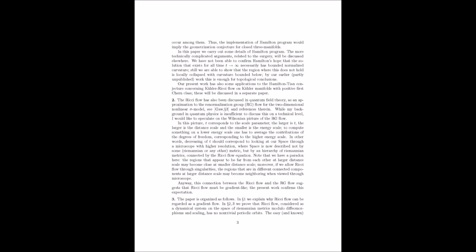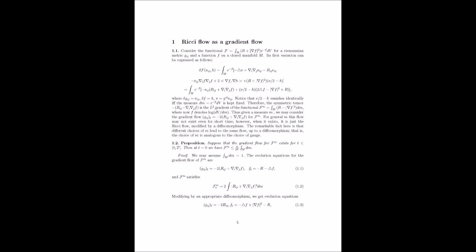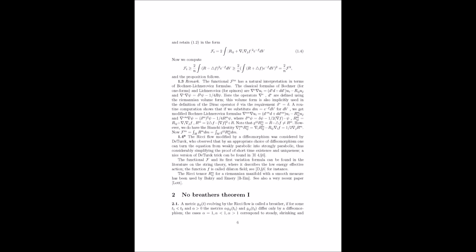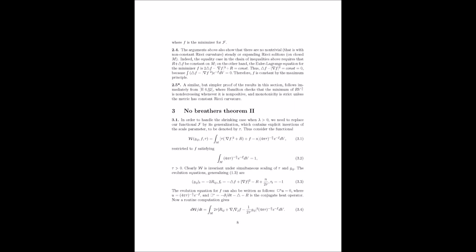Okay, so we've talked about no breathers, no local collapsing, this amazing connection to statistical mechanics. What else does Perelman explore in this incredible paper? Well, he actually goes on to delve deeper into the properties of the conjugate heat equation, and he derives this really powerful differential Harnack inequality for its solutions. This inequality allows us to compare the values of that function, f, the one that's part of the W functional, at different points in time, taking into account the curvature and how the metric is evolving.